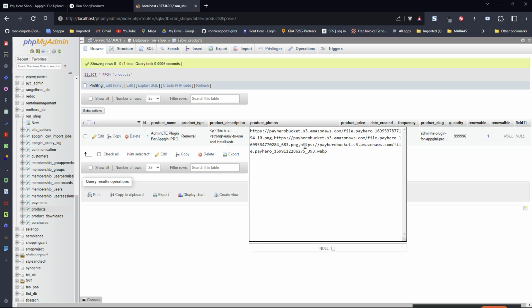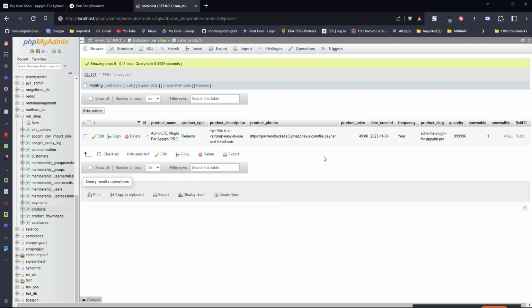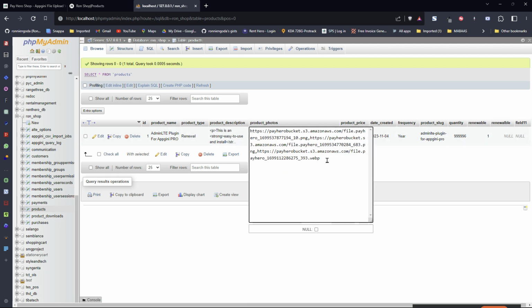the text now. That's why we needed the text area, because it will store all the links. You see, like link 1, comma, link 2 here, link 3 here. So all the files that you uploaded will be stored here, the links, in product photos. If you want to retrieve the photos, you can explode the string to get an array, and loop through the